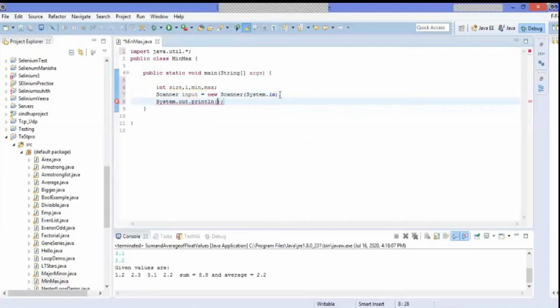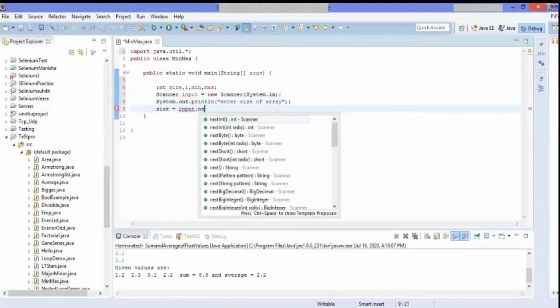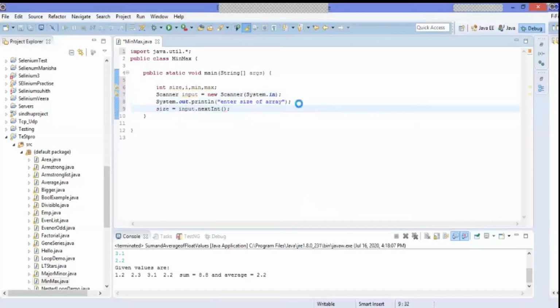So now System.out.println "enter size of array", and that again I'm going to store into size equal to input.nextInt(), and then we have to define the array, so int, I'm defining as list equal to new int[size], so here size is the parameter called size,